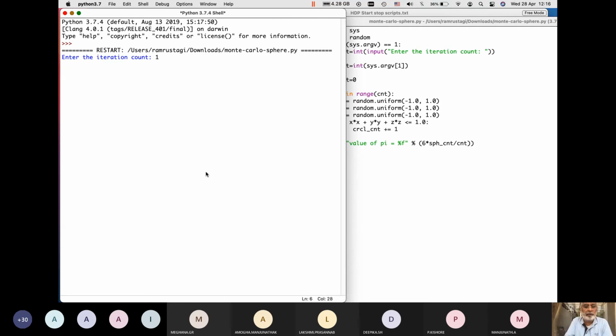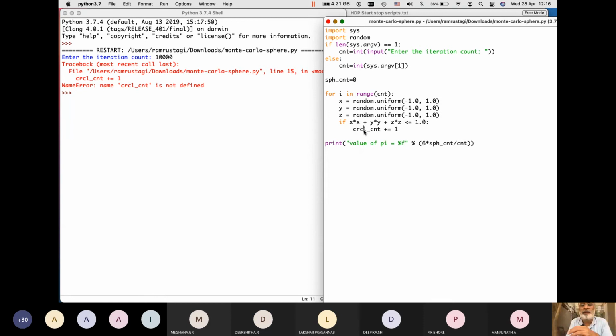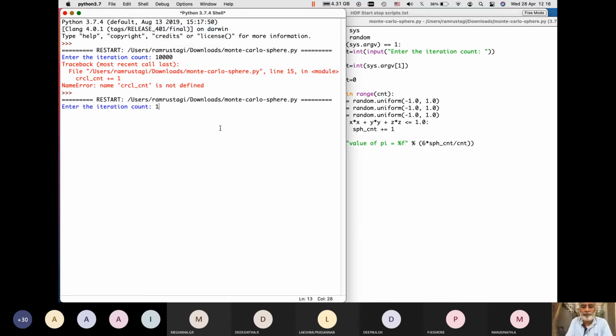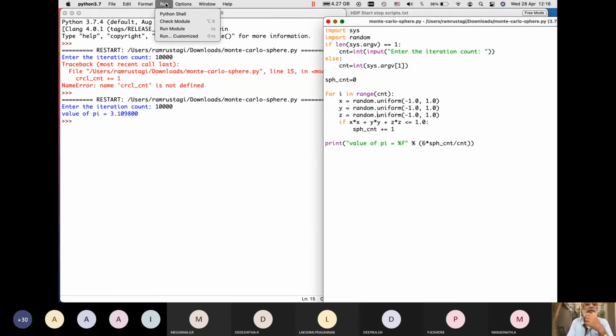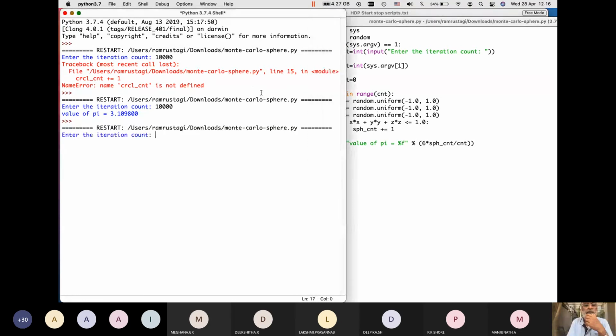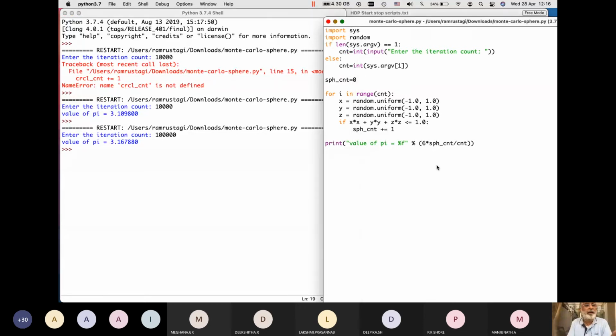Sphere count is around 10,000 points. You'll get a value. If I run with larger values, you probably get a little better value. So you can take different variations, and that's what you need to run.